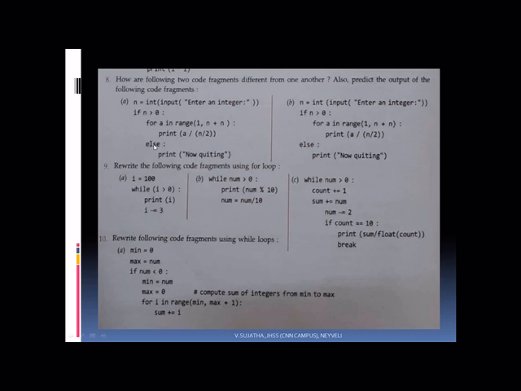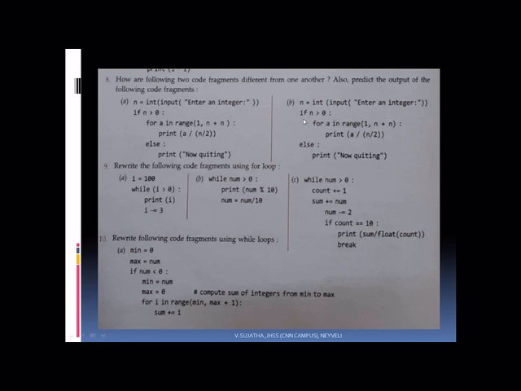And this else is actually the loop else. This is the loop else statement. If n is greater than 0, these statements will be executed, and after completing the entire thing, it will come to the else part and print now quitting. And here also, getting the n value, if n is greater than 0 it has to do this operation.